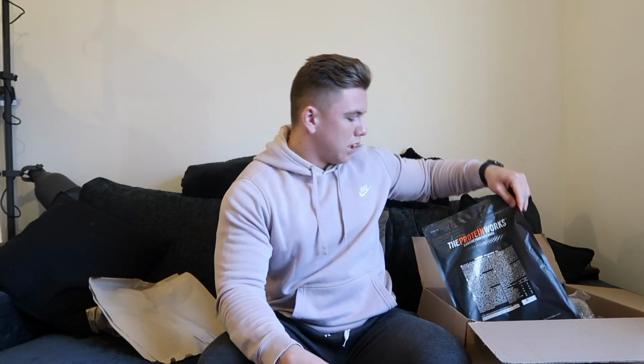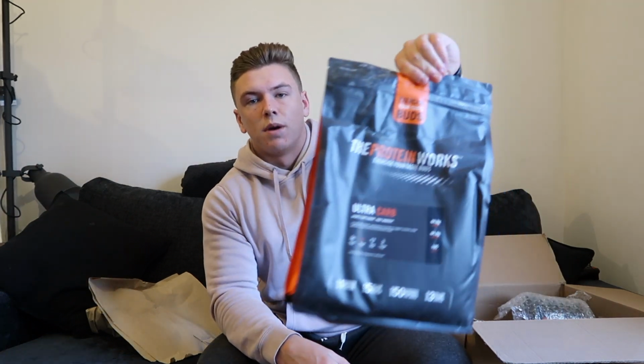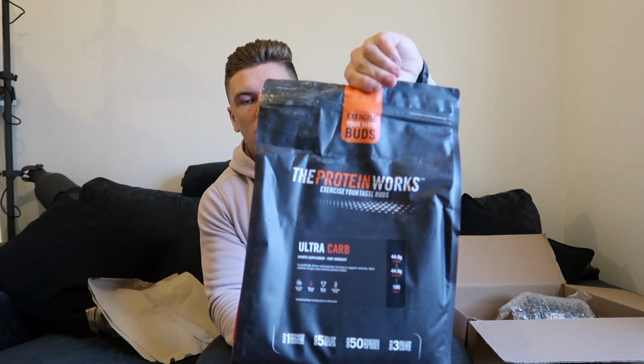Then I've got the Ultra Carb. So this is my intra-workout carb source, which is a really good carb source. Mixes in nicely with my intra-workout EAAs and is really easy to digest. At the minute I'm on 100 grams of carbs intra-workout. So my intra-workout is 115 grams of the Ultra Carb, which equates to 100 grams of carbs, and then about 3 grams worth of leucine from the intra-workout EAA. So it ends up being, what is it,